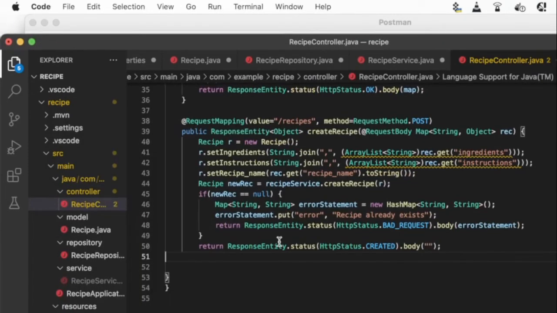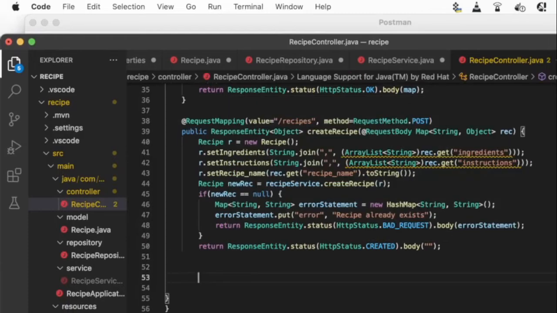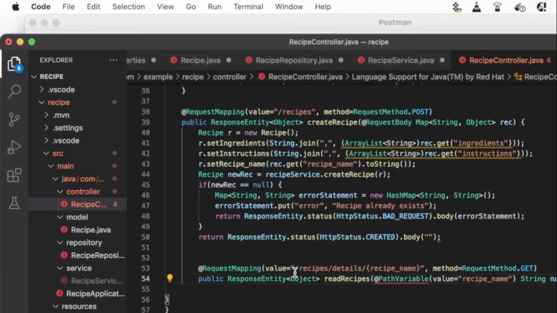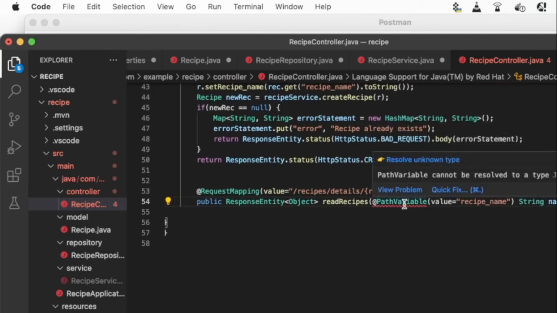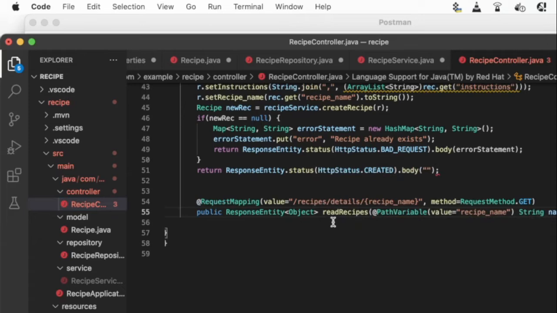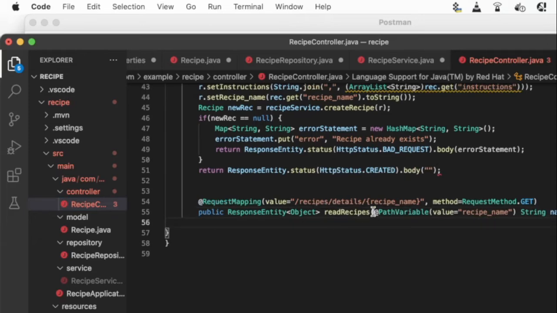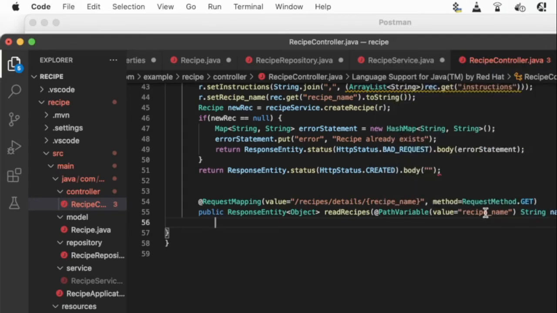So now let's do the controller method for getting a number of ingredients and number of instructions from a recipe. So it's going to start off kind of similar, except this time we're going to have something called a path variable. So you see it says /recipe/details/recipe name in curly brackets. The curly bracket is a path variable. We're going to import this. And so what this allows us to do is to use what the user enters in here as a variable. And notice how the value equals is the same name. So we're going to be able to use this name,